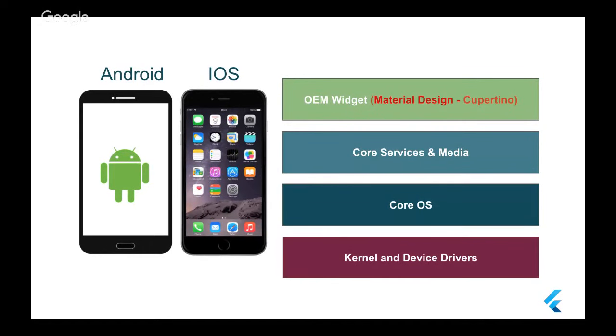If you want to read more about material design, go to material.io, and you will find the principles and rules that you need to follow when you are developing an application or website. Even if you are a developer or a designer, you will find two tabs, developer and designer. And for Cupertino style, check developers.apple.com, and you will find the theming guide or user interface guidelines for Apple, and you will find this Cupertino style guide.